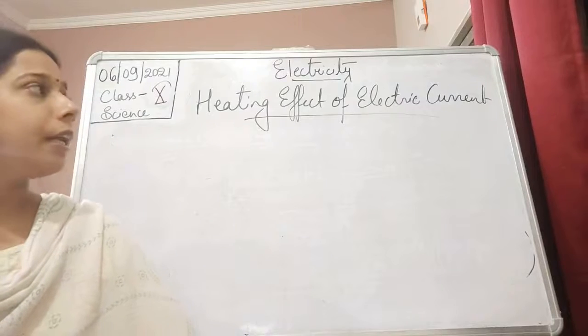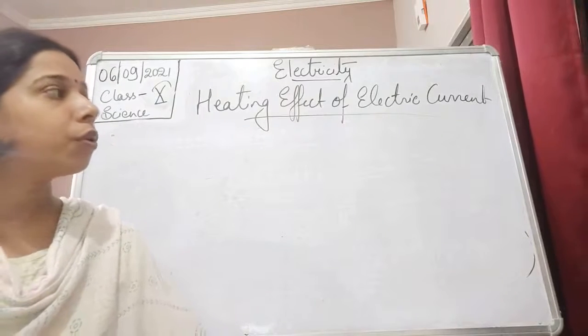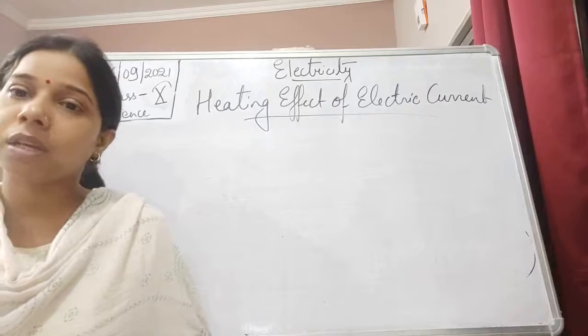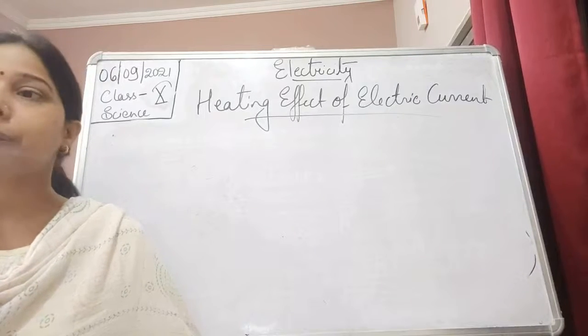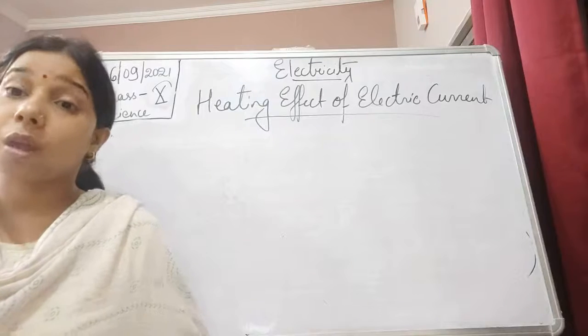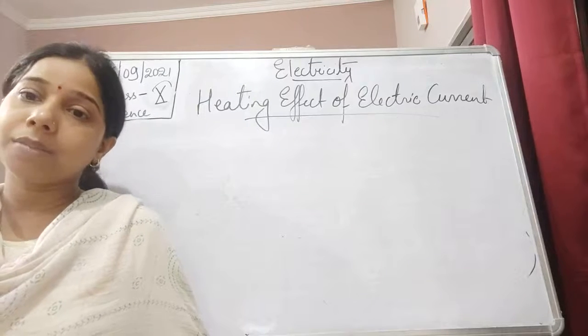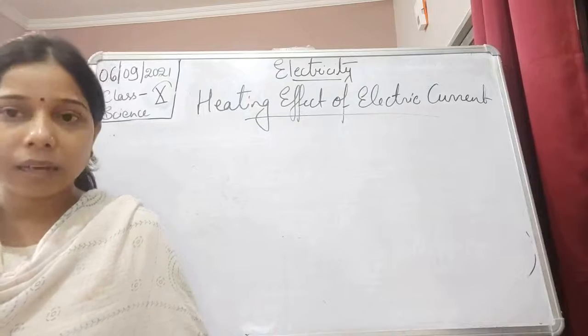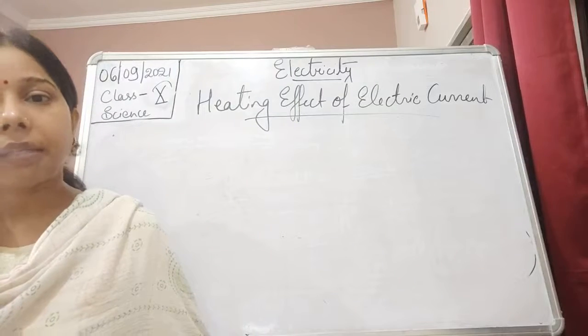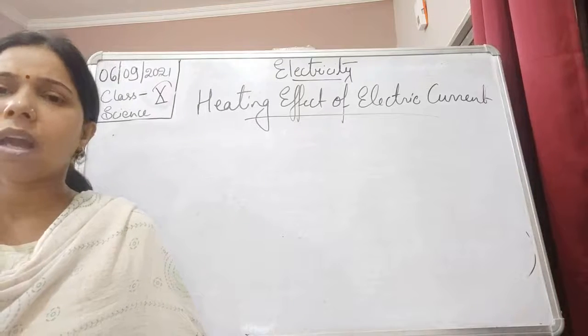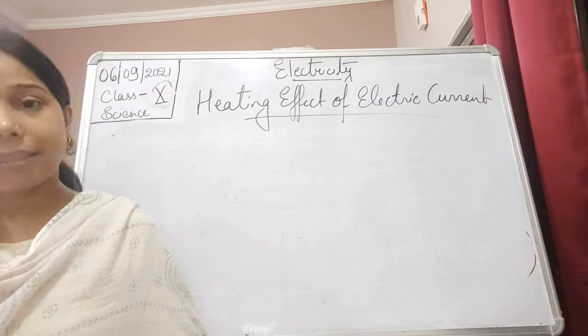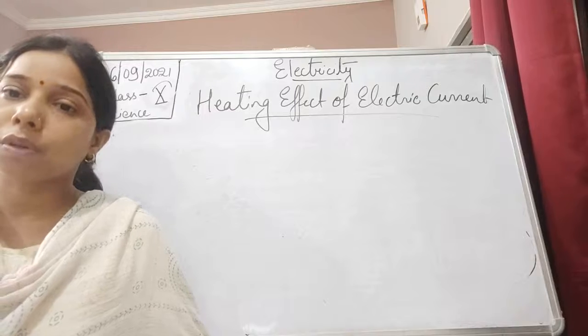Now if we talk about the heating effect, we know that when electrical energy is provided to any metal object or alloy, it will start producing another kind of energy which we call heat energy. Okay, so providing electrical energy will generate heat energy, and there are a lot of examples, students, which we use in order to understand that.